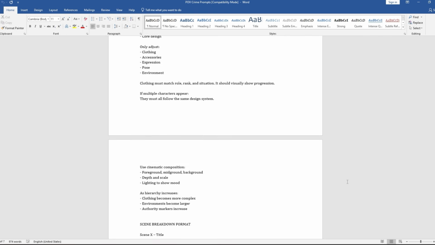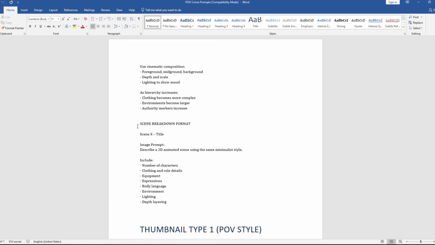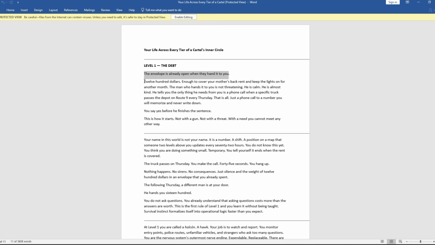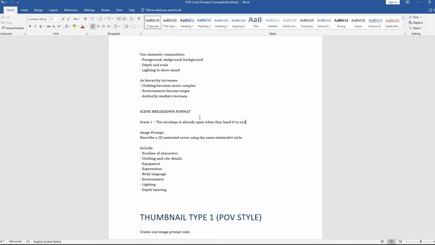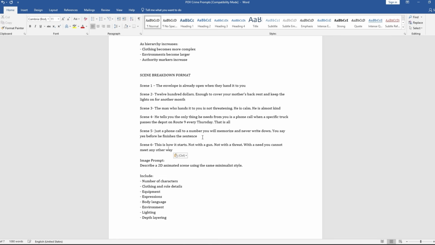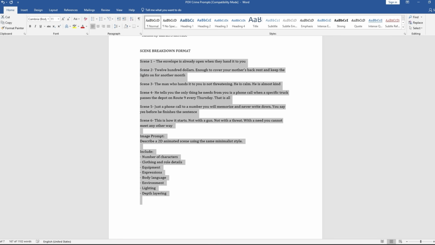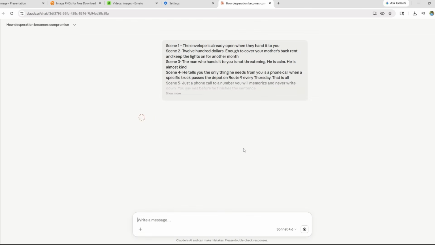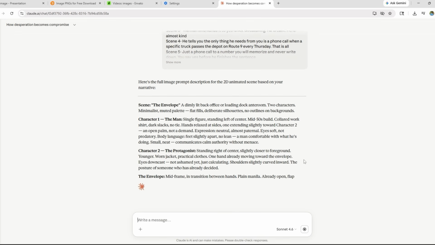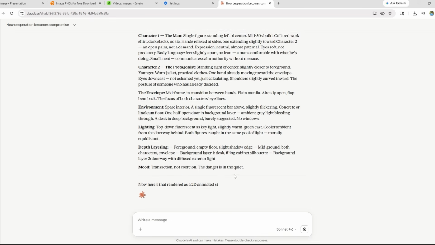Now, it's time to generate images for the actual video. There's a master image prompt inside the Google Doc that does something specific. It takes your script and converts it into individual image generation prompts. Paste your script into that master prompt. But remember, never paste the entire script at once. Paste it in sections, one part at a time. This way, Claude generates specific, accurate image prompts for each moment in the story. If you paste the whole thing at once, you'll get vague, generic prompts that produce weak images. So, take your time here.